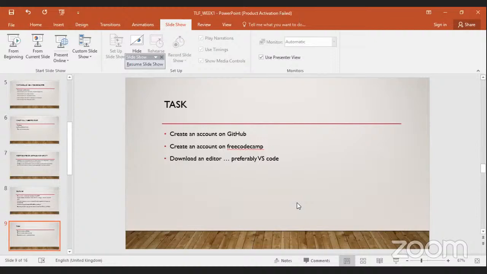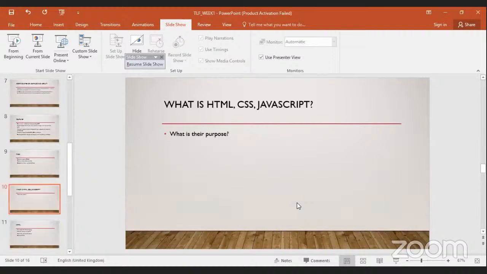Okay, so what is HTML? What is CSS? What is JavaScript? Anyone who has an idea, because this first session will be based on HTML, CSS, and